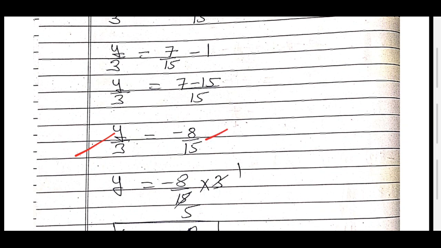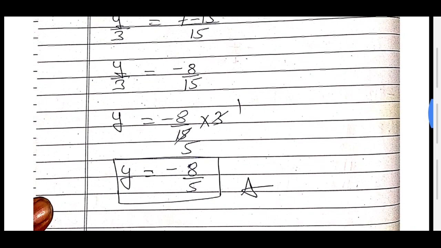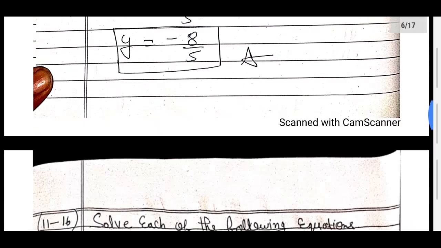Remain same, 7 minus 15 you get minus 8. All of you know how to subtract, plus minus minus, but the sign of the greater number. So minus 15 is greater, just put the minus here. So it become minus 8 upon 15. When this 3 come to this side, here in divide, here come in multiply, it become minus 8 by 15 into 3. Now just cut 3 1s are 3, 3 5s are 15. So finally you get minus 8 upon 5 as your answer.